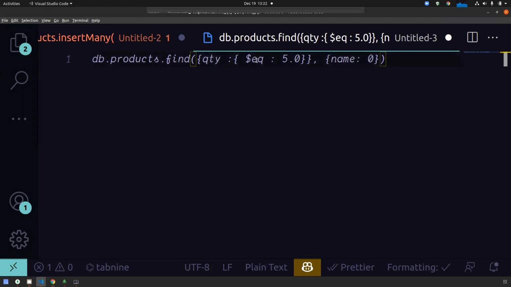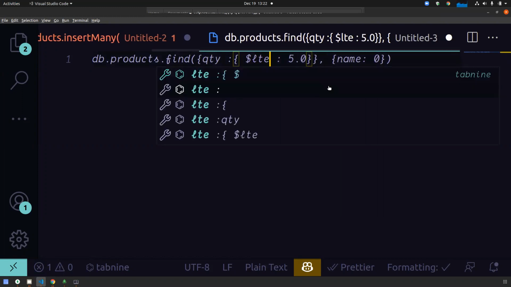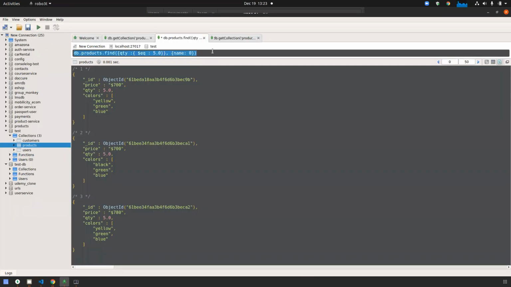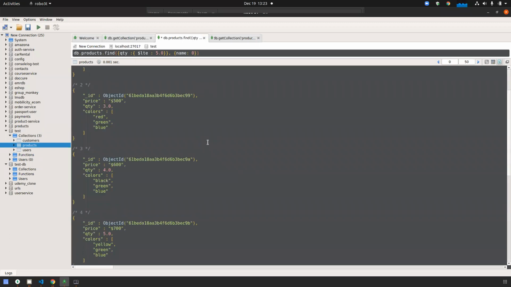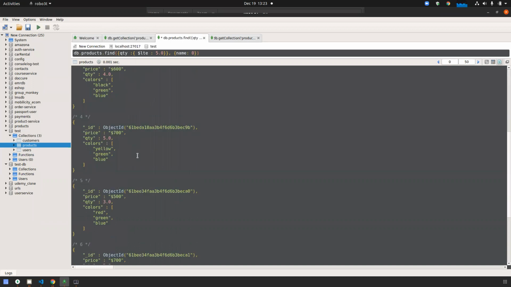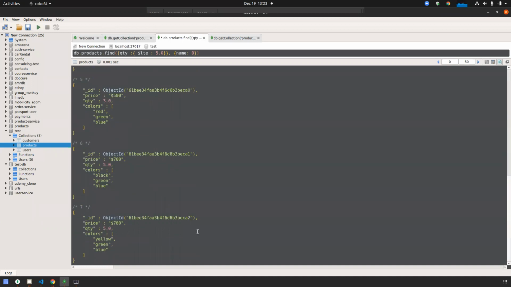Now I am showing less than or equal to, LTE. That means which records are holding quantity 5 and less than 5, both. See, now we are getting more records like 3, 4, 5, 3, 5, 5.